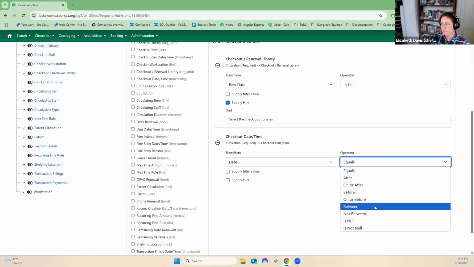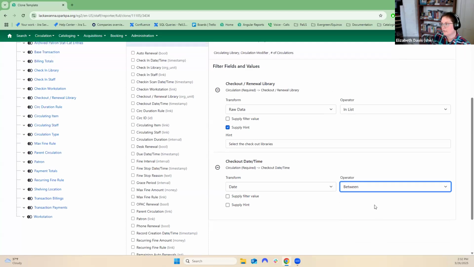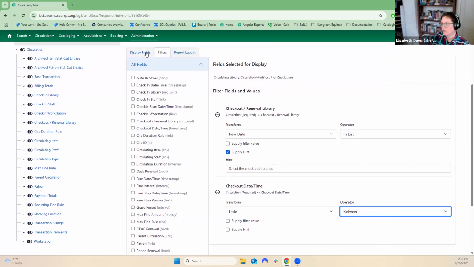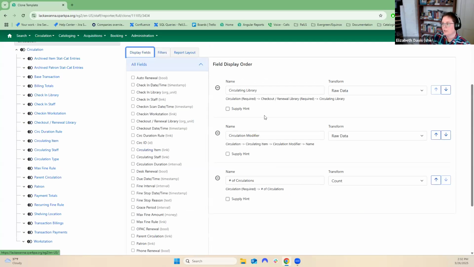I like to do a date range, so let's do in between. And I think that's all I need. So those are the ones I wanted. So just to recap, I should see circulating library name. I should see,